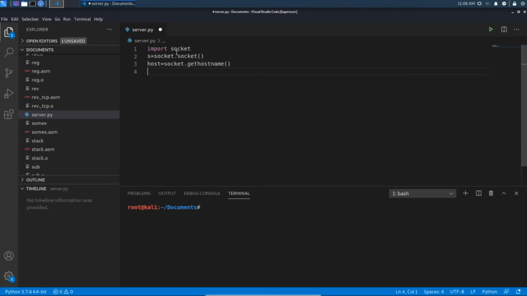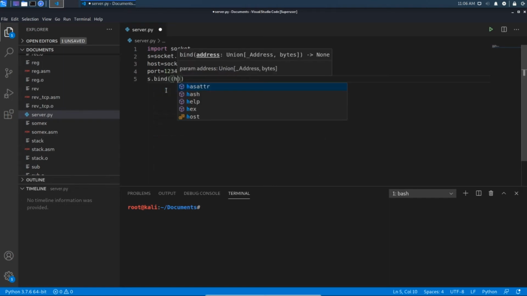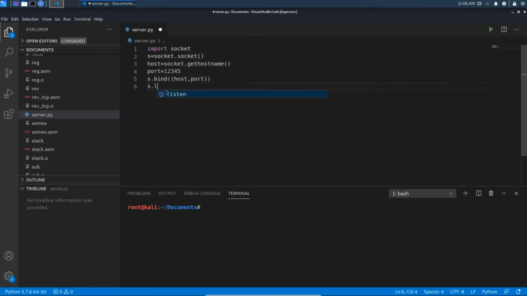This method is already discussed in our PowerPoint. And we are going to select the port randomly as 12345. You can choose any port number between 0 and 65,535, as the port ranges from 0 to 65,535. And to bind to the client you need to use the bind method. And to listen for connections we are going to set up the listener, and 5 is the maximum number of connections that it can accept.